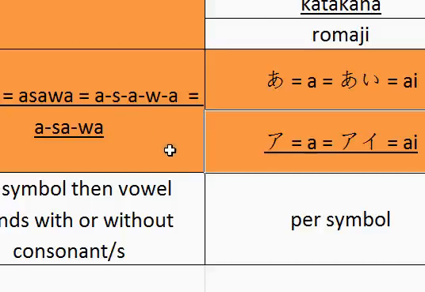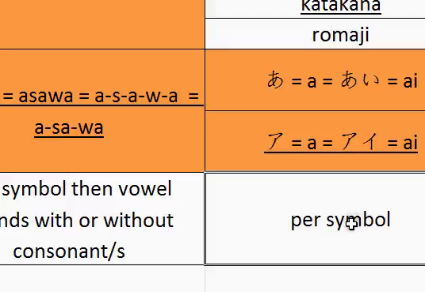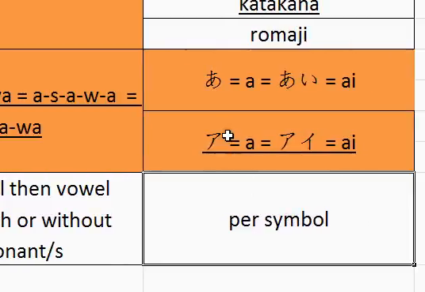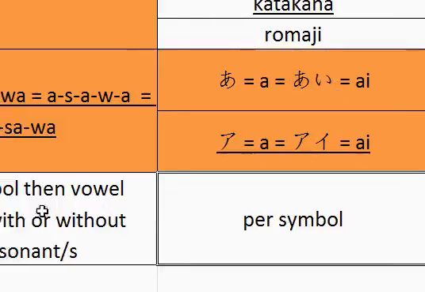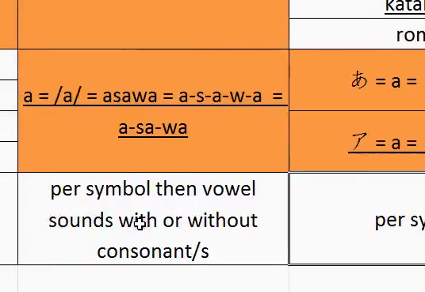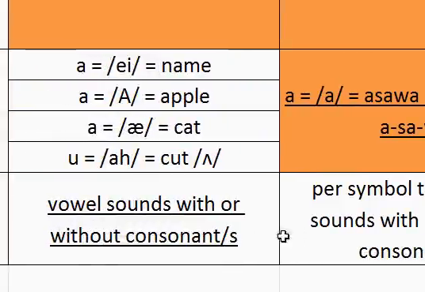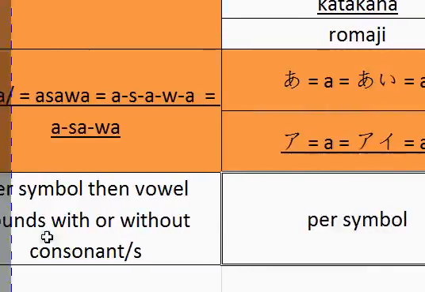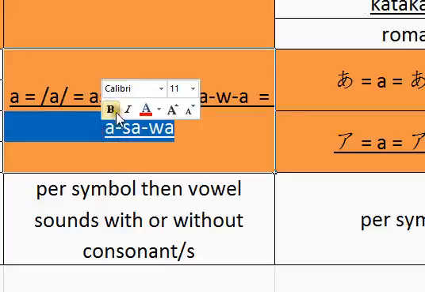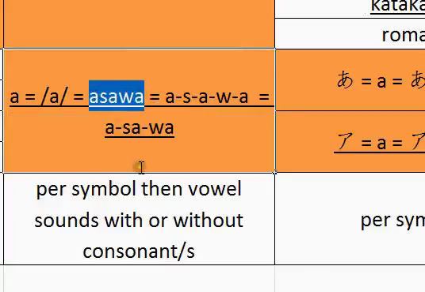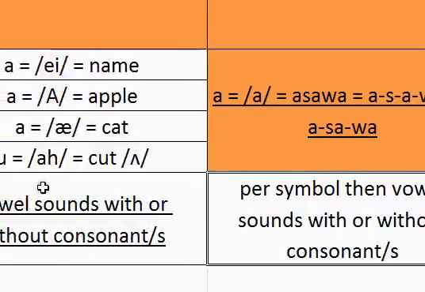Now in the syllables in Japanese, they read per symbol. So if this word, they go a, i, and then i. That's how they do it. But in Filipino, it's like a combination of the English syllables and the Japanese per-symbol approach. So what we do is first sound them per symbol, and then we group them, and then we say the complete word. So that's what we're going to follow here.